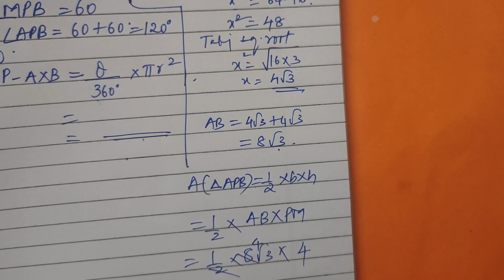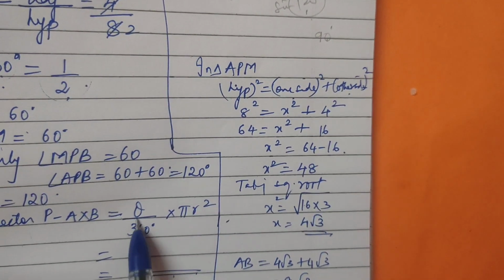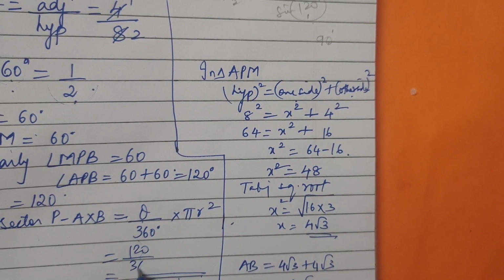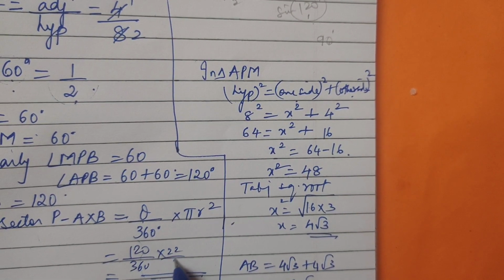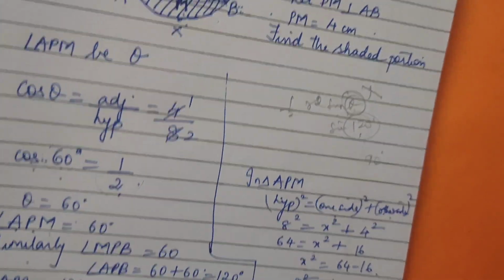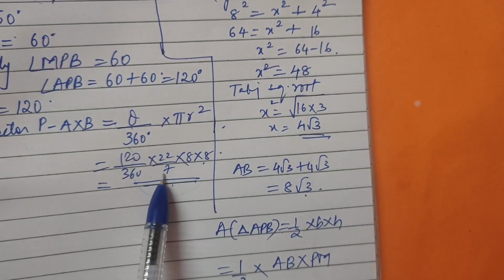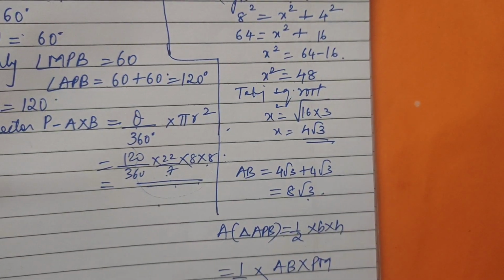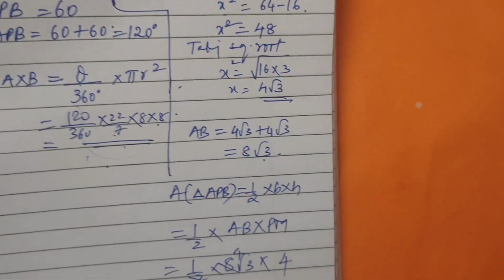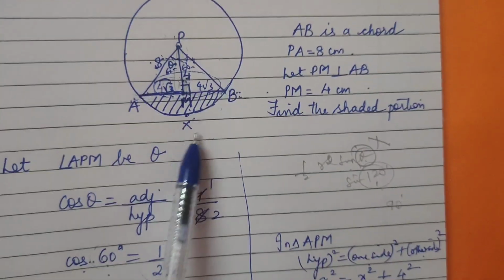Okay, you will multiply this and you will find the area of the sector also using the formula, that is 120 upon 360 into 22 upon 7. R is what, my dear? Radius is 8 given, so 8 into 8. Okay, if you want, here you can use 3.14 also. And once you get this answer and the other answer, subtract it, you will get the area of the segment.